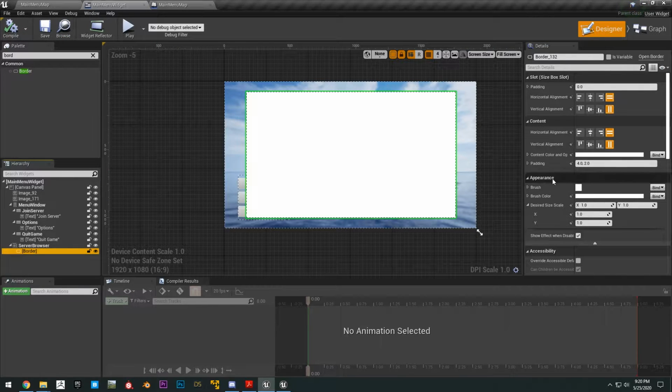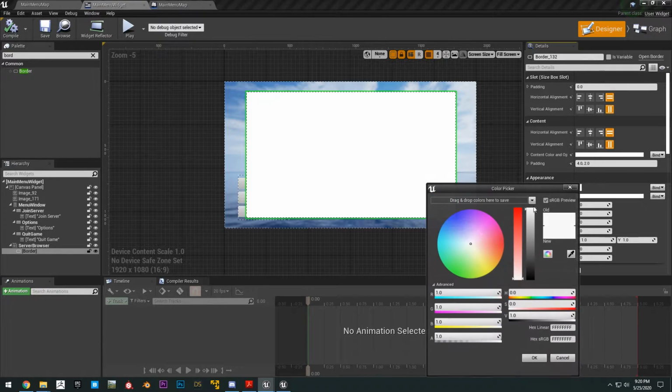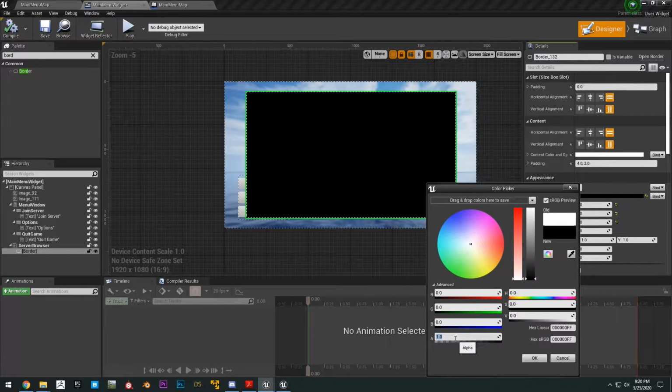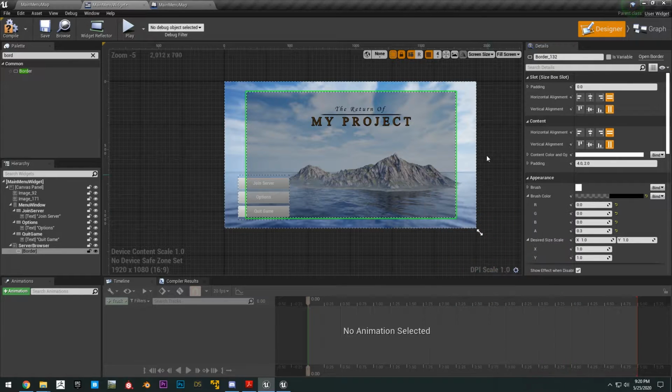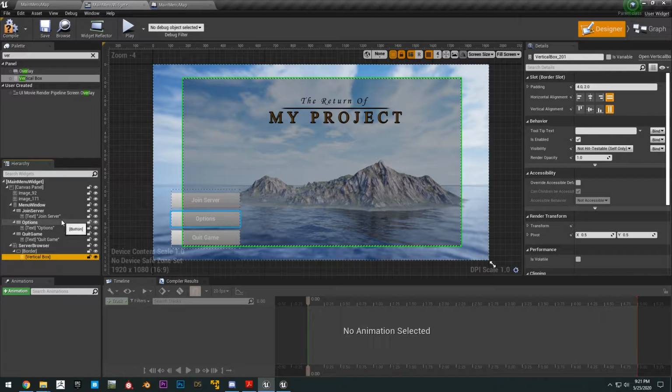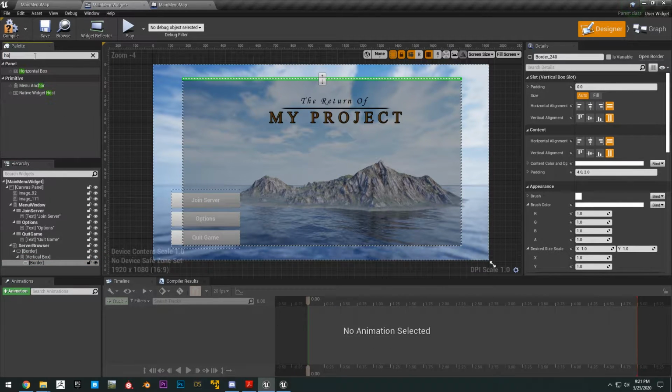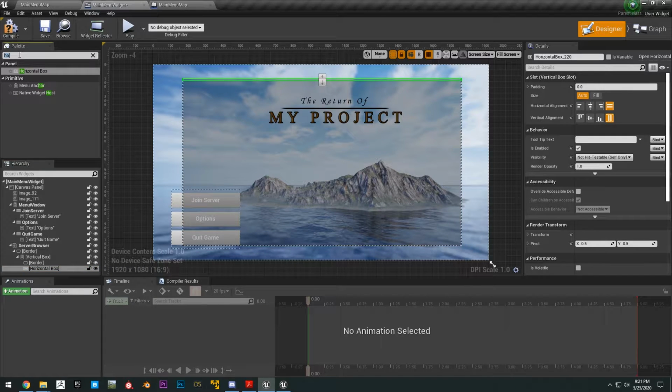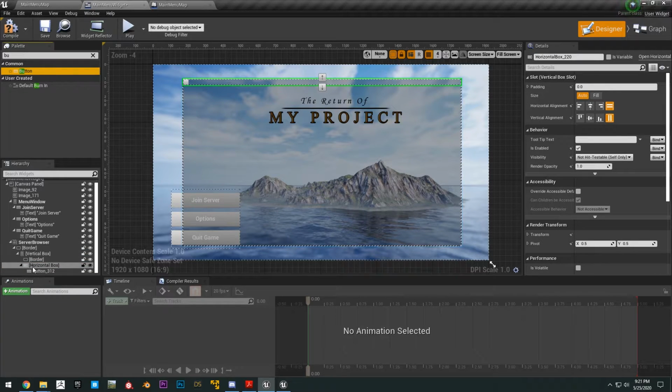Okay, so for our border, we click on the border and change the brush color here to a black color, and then change the alpha to 0.3 and click OK. Add a vertical box onto that border, and then in that vertical box we can add another border, and then we need to add a horizontal box onto the vertical box here. Okay, and then in our horizontal box we want to add a few buttons, so drag it onto there, then